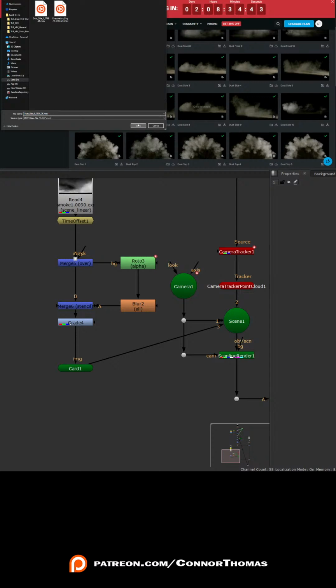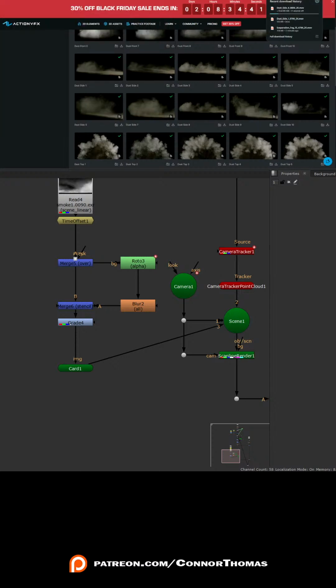I need 2 because there's 2 jets that are flying overhead, and I could use the same asset, but